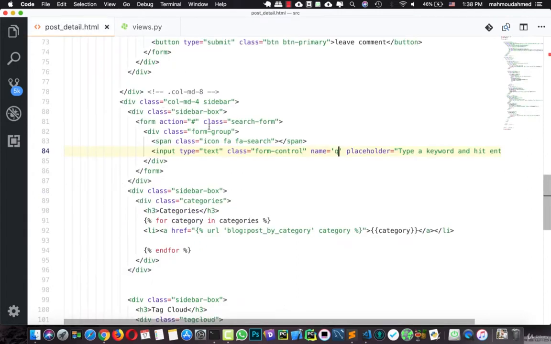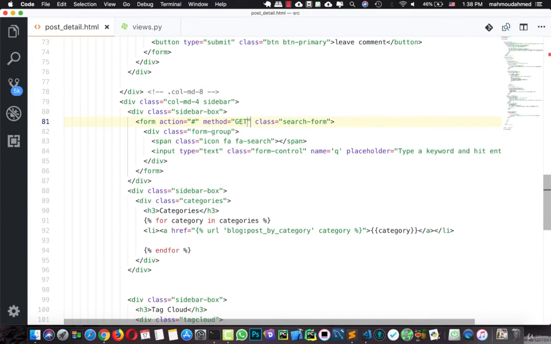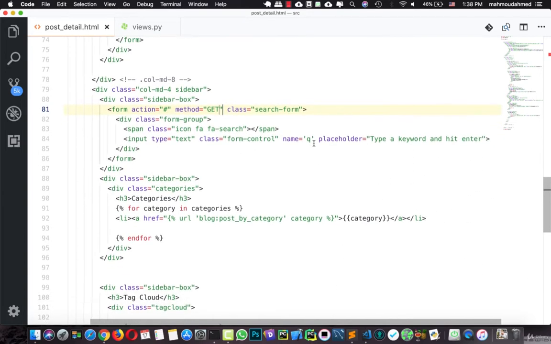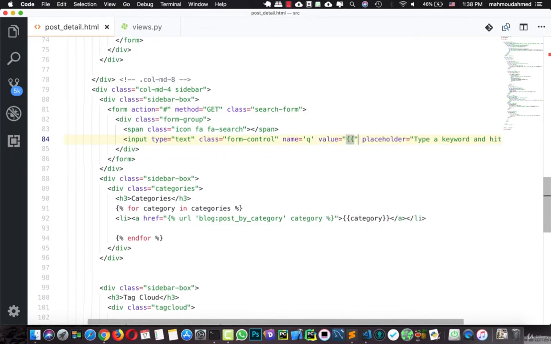We need to make sure that this form is valid or meets our requirements. First of all, this form tag should have a method, a GET method. So I'm going to say method, and this is a GET method because we need to take this information from our view, and we need to give it also a value equal to, and this value is our request dot GET dot Q. Yeah, and we need